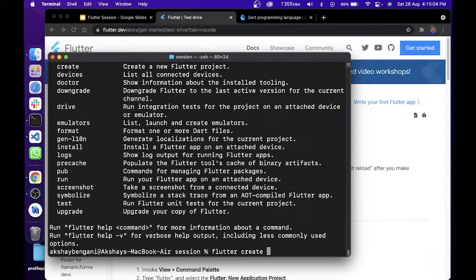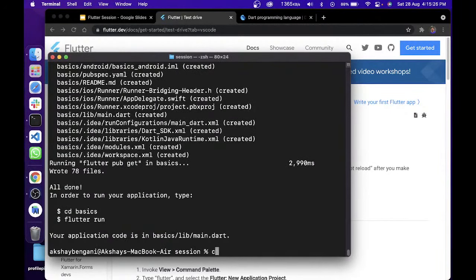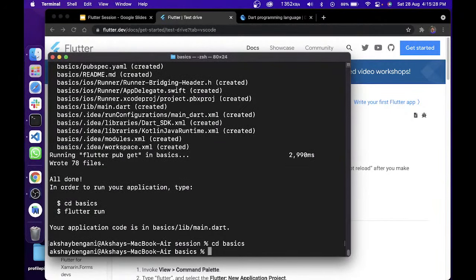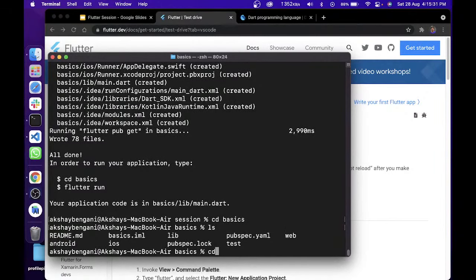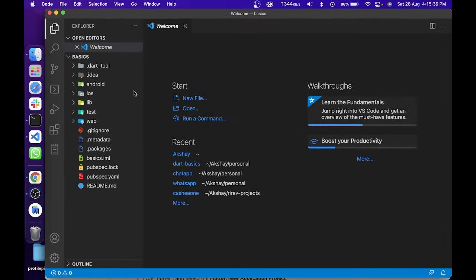It's that fast. So we'll be giving it a project name, right? So you can just type a project name. I will say it basics, right? So for learning basics, you type flutter create basics, right? So it's creating all the necessary files and project files everywhere, right? Then you just go into that basics directory and open that directory in your VS Code application, right? So once you are in VS Code, right,